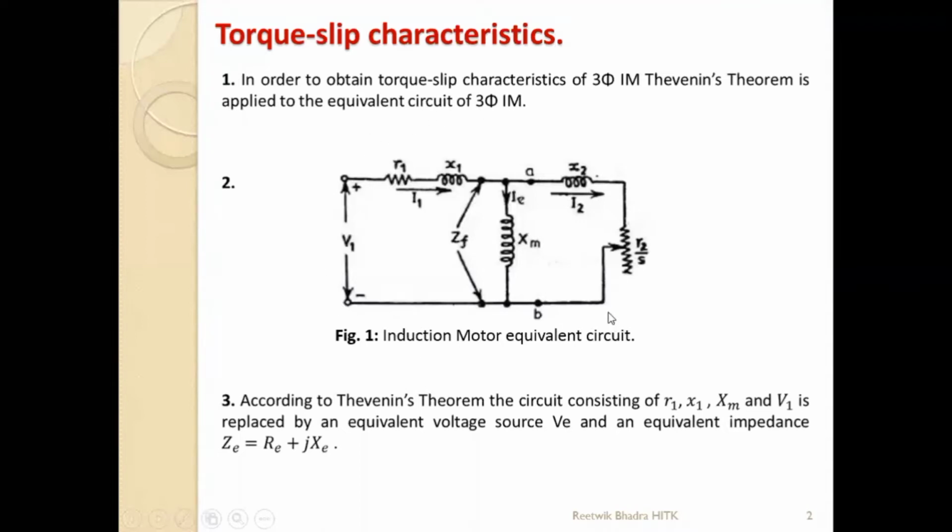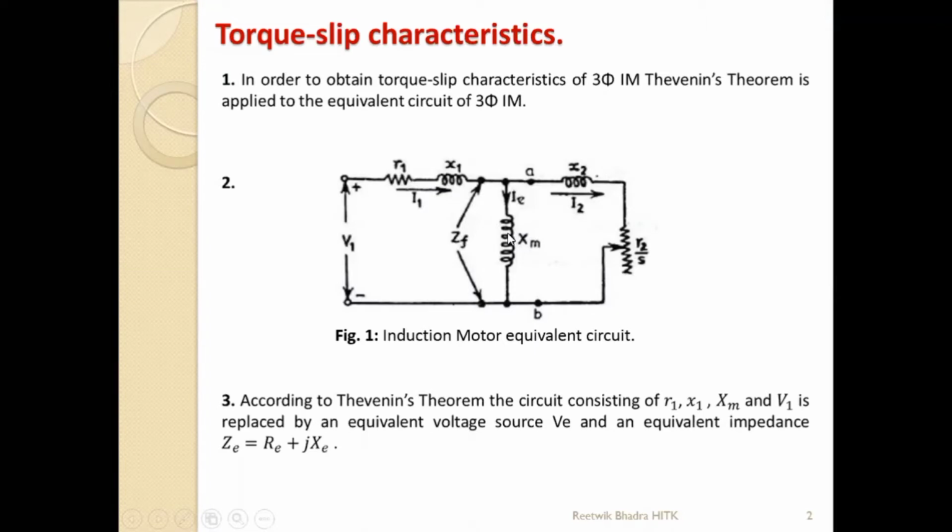Okay. Now we'll apply Thevenin's theorem between these terminals A and B, because why? Your rotor side is your output. So this side becomes your output. So what you do in Thevenin's theorem, you find out Thevenin's equivalent voltage and Thevenin's equivalent resistance. Over here we have to find out impedance because there is X over here. If it was only a resistive circuit, then we would have said Thevenin's equivalent resistance.